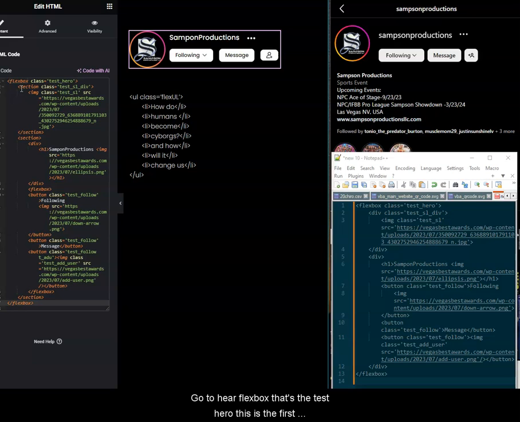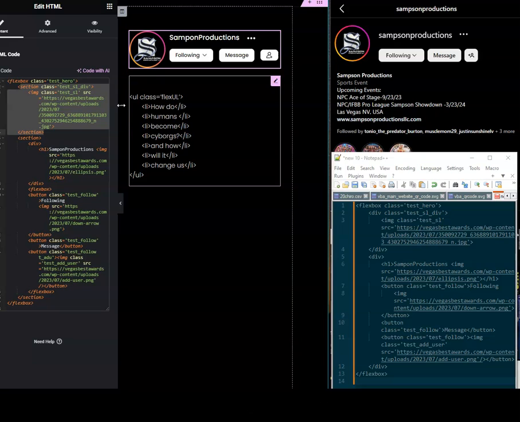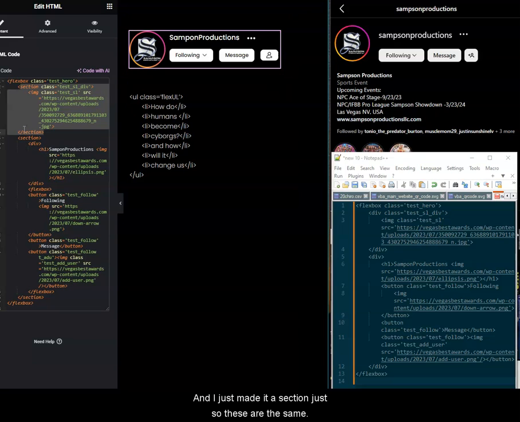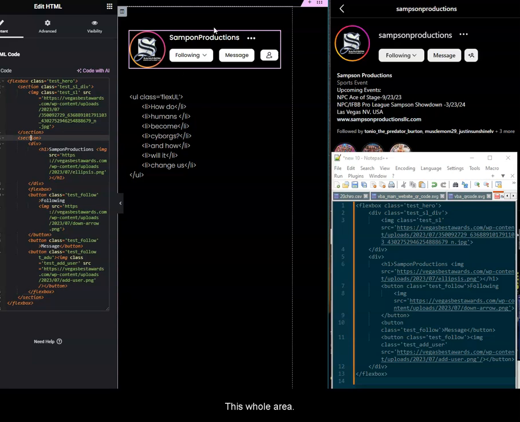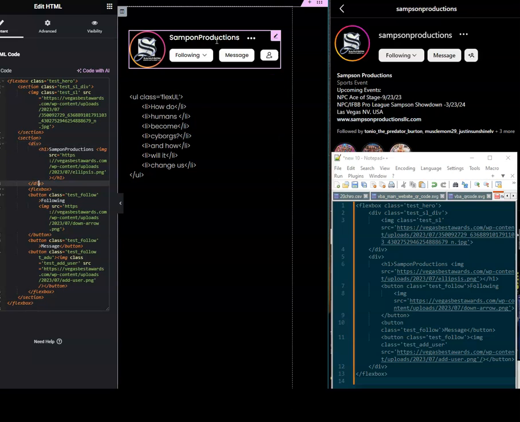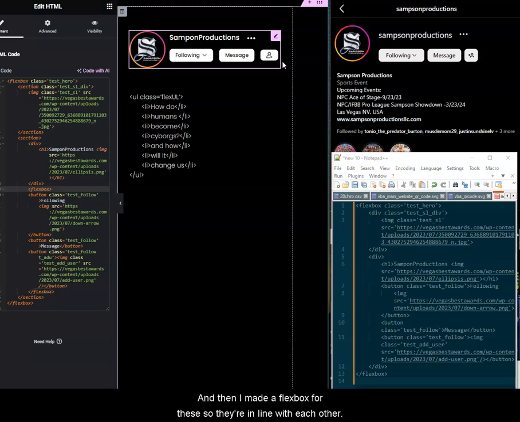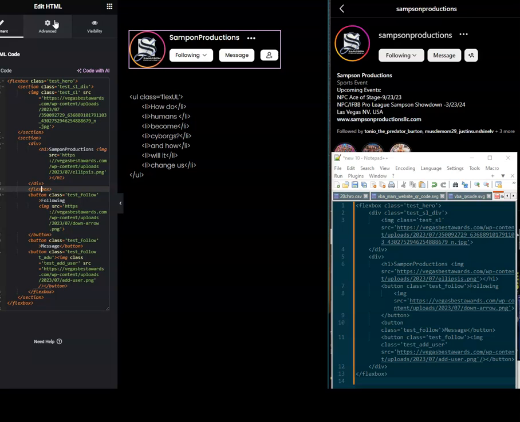That's the test hero. This is the first section, which just holds the image. And I just made it a section just so these are the same. And then my second section is this whole area. And then I put a div within here. So this is the first div. And then I made a flex box for these so they're in line with each other. Okay. All right, let's